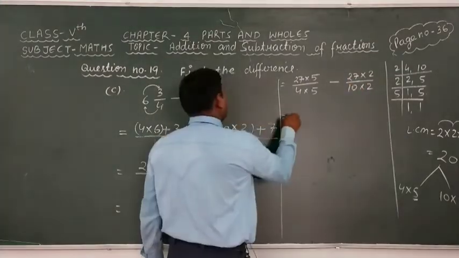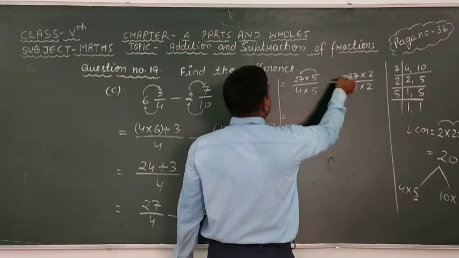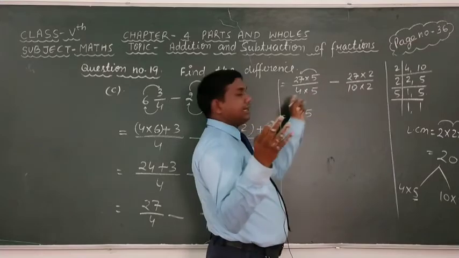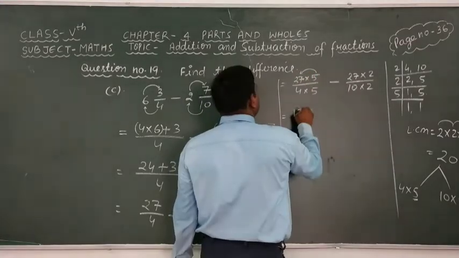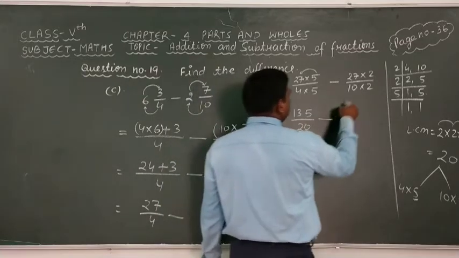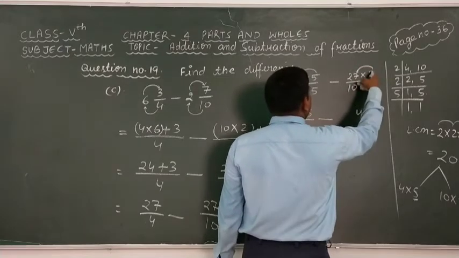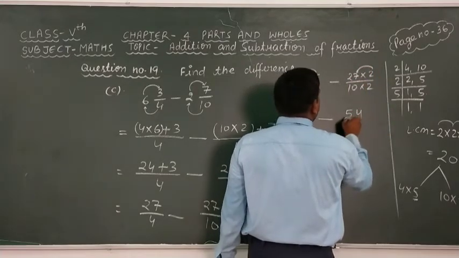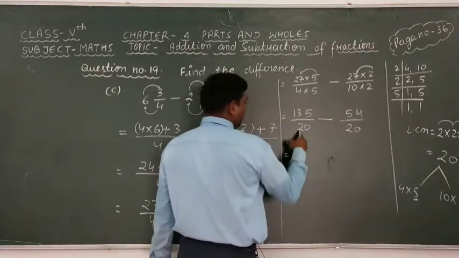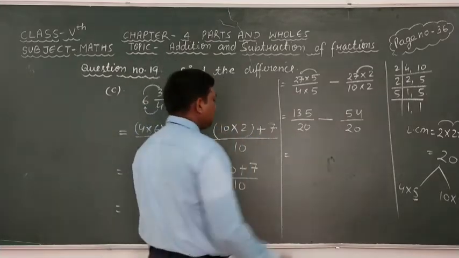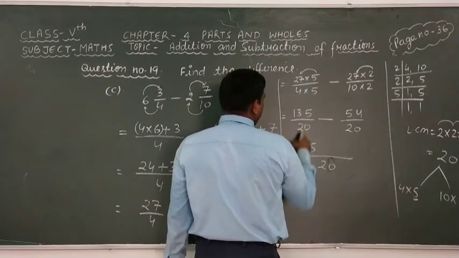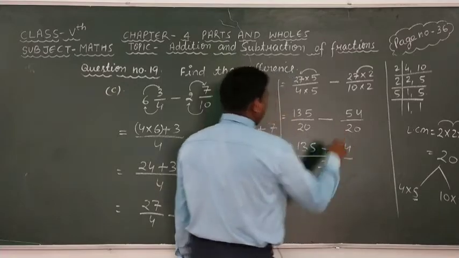Okay, look, after multiplying these we get 5 7 is 35, write 5 carry 3. Dear students, please keep in mind here we get carry 3, 5 2 is 10 plus 3 is 13 over 5. 4 5 is 20, 4 5 is 20 minus 2 7 is 14, write 4 carry 1, 2 2 is 4, 1 5, 4 plus 1 is 5, and 10 2 is 20. Okay, here we get 20 and 20 are same denominators, therefore we can take 20 and we can take 135 minus 54 as this type.